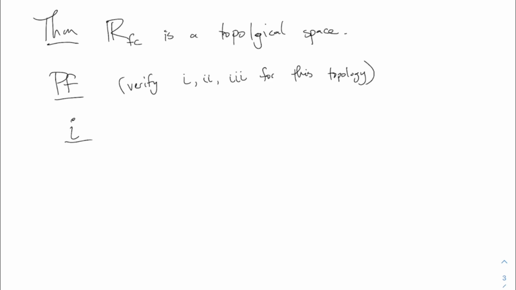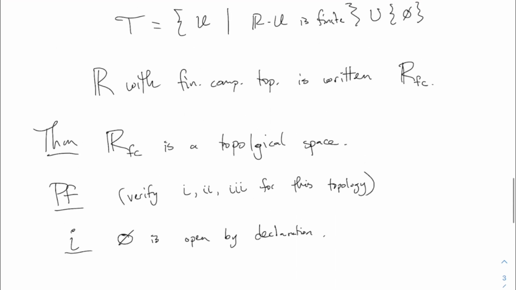1 is basically always the easy one. Is it true that the empty set and all of R are open in the finite complement topology? Well, the empty set is open just sort of by declaration. I said specifically here that the empty set is an open set in this topology. So there's nothing to check about that. What about R though? R we didn't really discuss. R is open since,